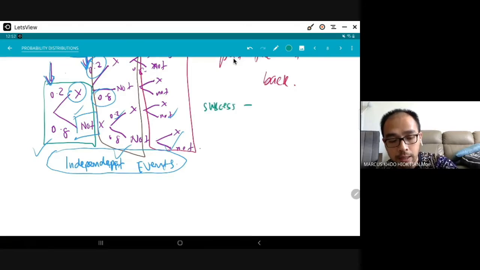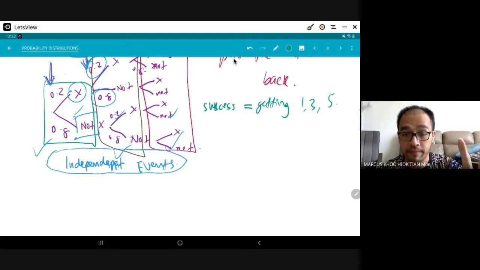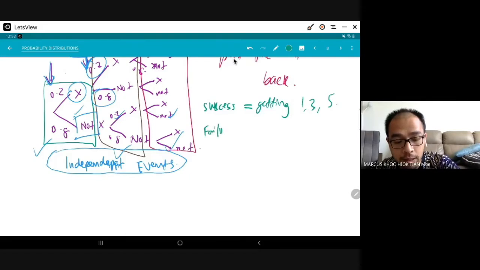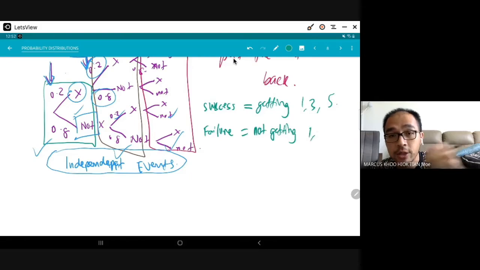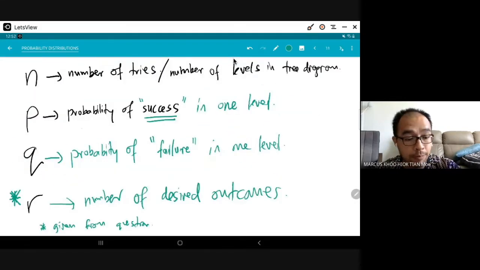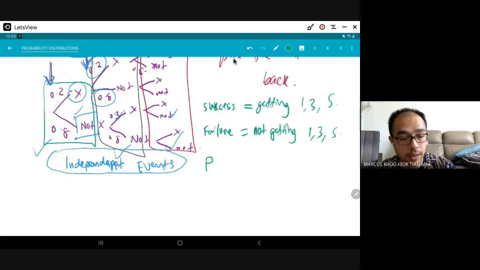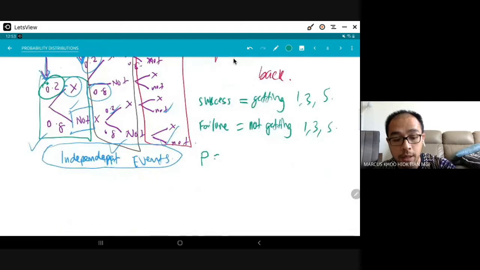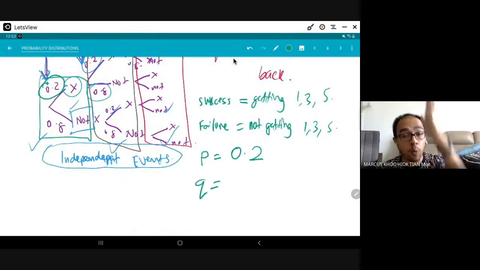success is getting 1, 3, and 5. Okay, that is the success event that the question wants. So that means the fail event, failure, is not getting 1, 3, and 5. Means you do not get 1, 3 or 5. Okay, so because of that, what is my probability of success? P is the probability of success. Okay, so if you take a look at the tree diagram, this is our P, because we get 1, 3 or 5. So P is 0.2. And Q is the probability of failure in one level,